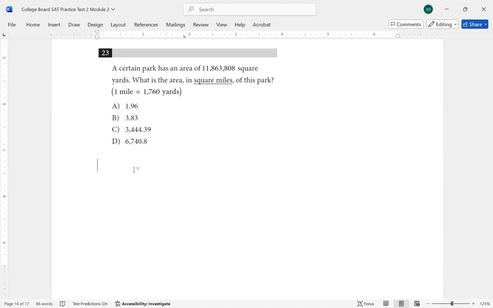So first thing we need to do is realize that if 1 mile is equal to 1,760 yards, then by squaring both sides, we would end up with 1 square mile